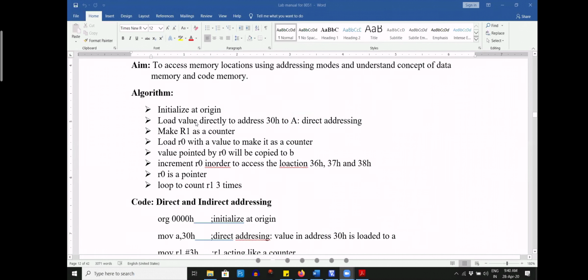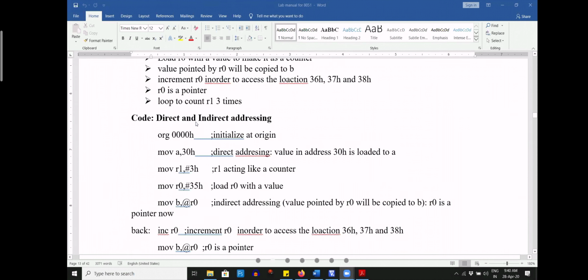Addressing modes here. So to access something from some memory location, we need some memory addressing modes. Addressing modes come in handy when you need to designate something to a location, or when you want something from one particular location. So during those times you need these addressing modes. Okay, it's very important. It's used all over assembly language programming.